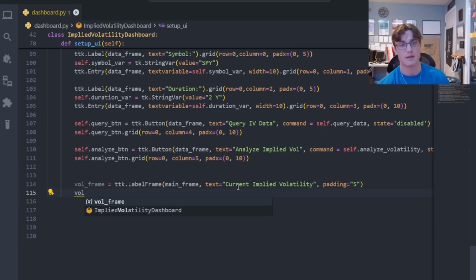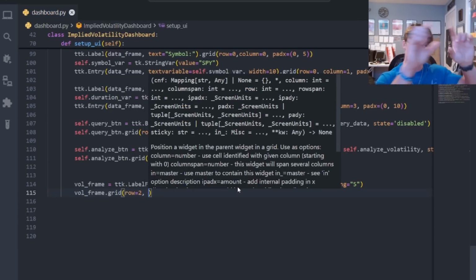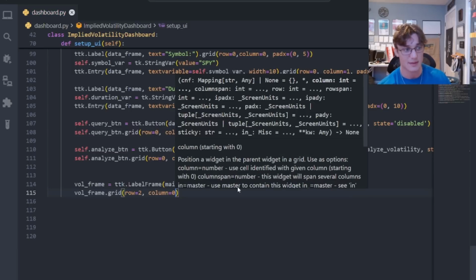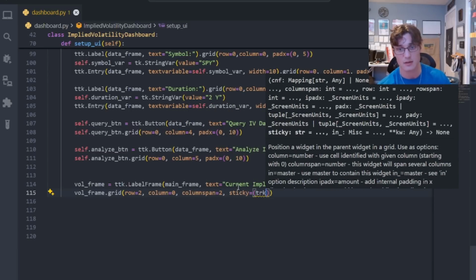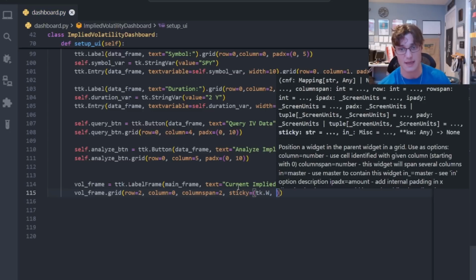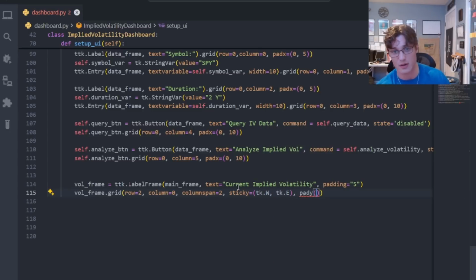Okay, the grid will be row 2 now. So we had row 0 connection, row 1 the query panel, and now this is going to be the data. Throw it in row 2, column 0, column span 2, again sticky west and east, and we'll throw some padding on for good measure. We'll make it padding Y,